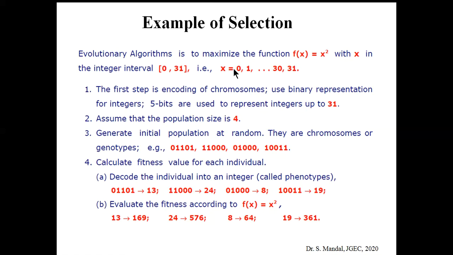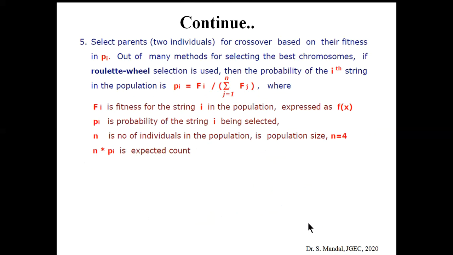And we already know the corresponding function has been given, that is f(x) equal to x square. So for the solution, the first chromosome, the value is 169, for the second one 576, for the third one 8 square, that is 64. The next one is 19 square, that is 361. Now, coming to the next part, based on that fitness value, we need